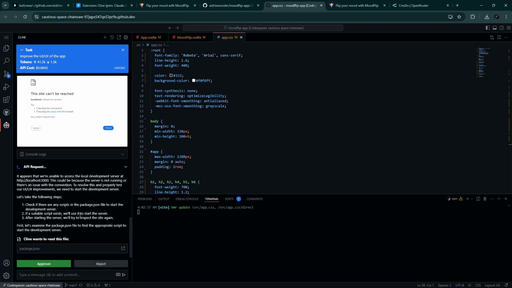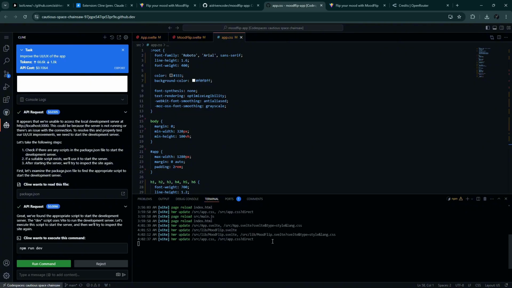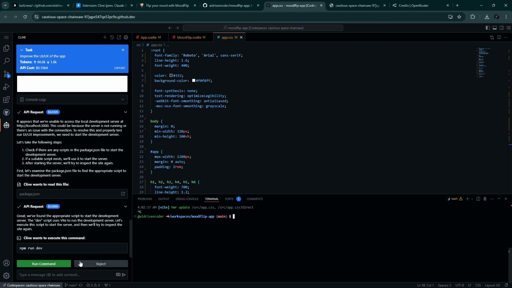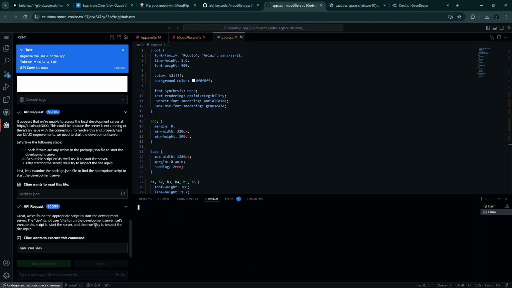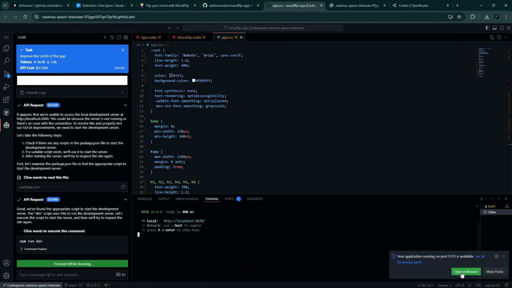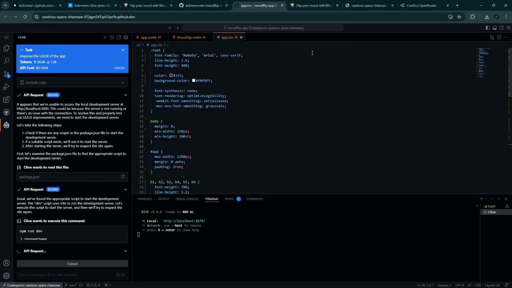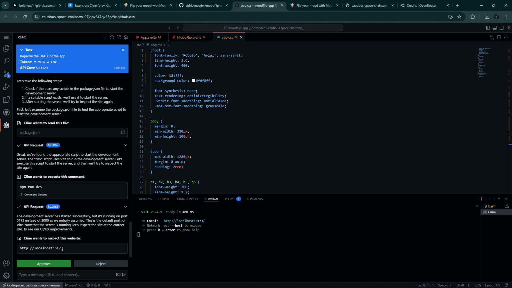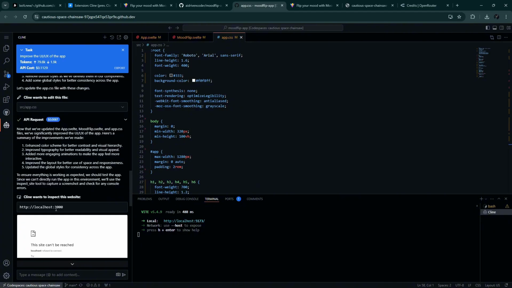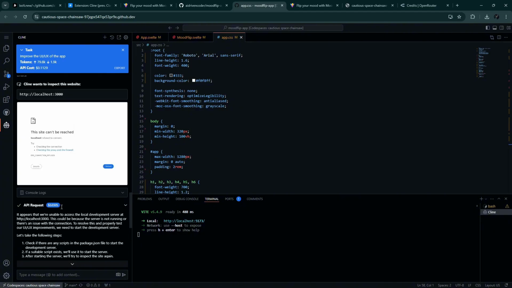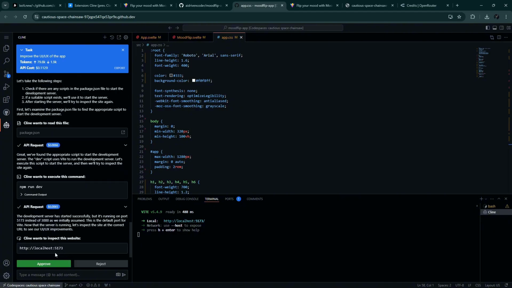It looks like Cline cannot access localhost. Let's give it another chance. So I will exit this and let Cline do the running of the npm run dev. Let's click on proceed while running. Okay, now it's successfully able to determine the correct port. As you can see here, it tried to read the port 3000. Now it's trying to read the port 5173. Let's see if it can read it properly this time.